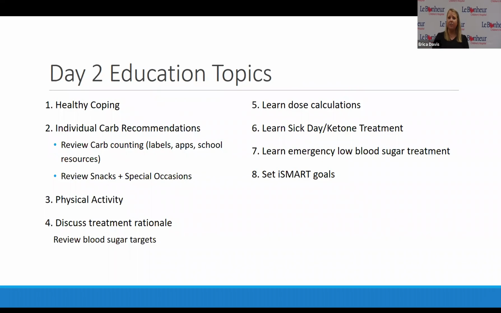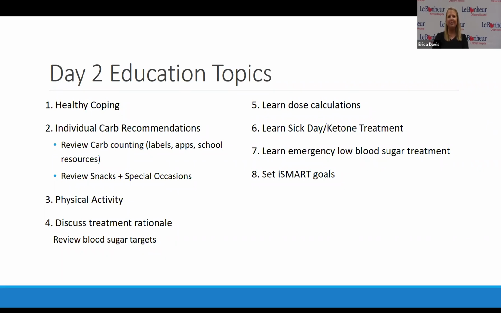The biggest thing that you need to know is that typically these are going to be the times that the patients are transitioning to utilizing that insulin to carb and correction factor dosing for their meals. And this is also when we are going to start addressing snacks a little bit more specifically as well. And we also find at this time, this class is either a class of 2 to 3 patients.